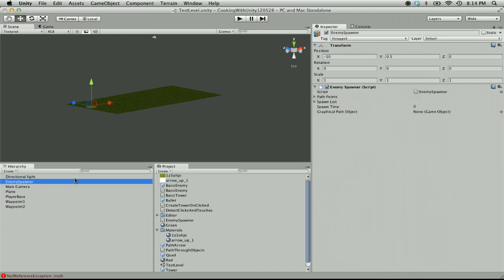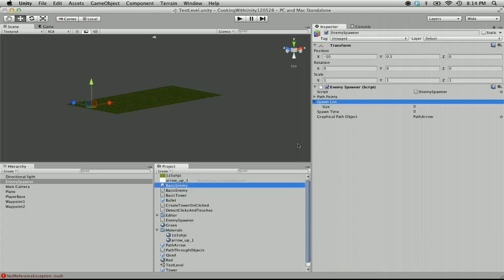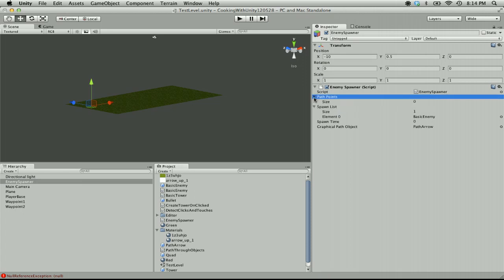So enemy spawner, what do we have? Graphical path object, we want that to be path arrow. Spawn list, we're going to put our basic enemy. Now I don't have this totally hooked up just yet, so we're going to see how this actually works first. And then the path points we want to be the enemy spawner itself,